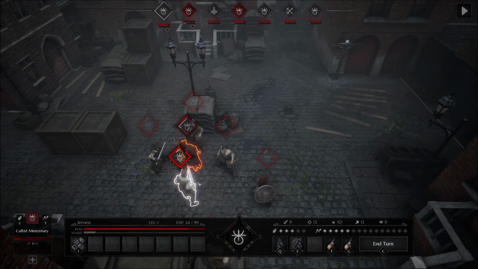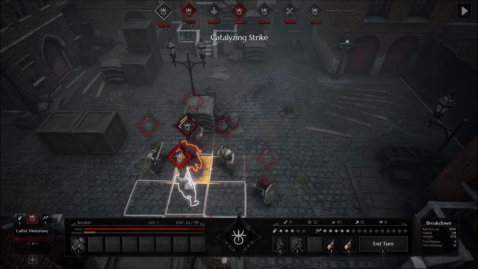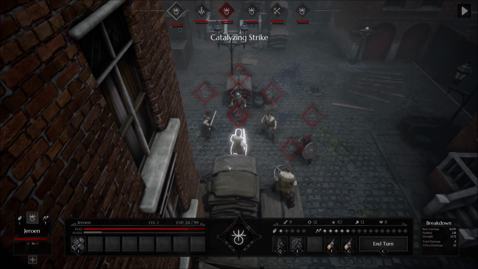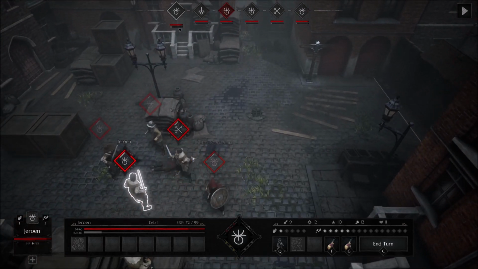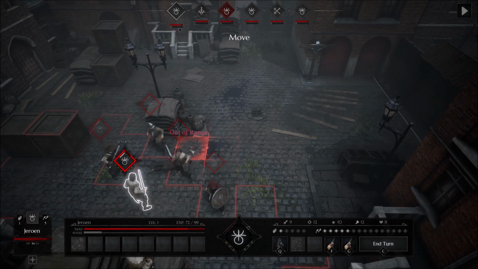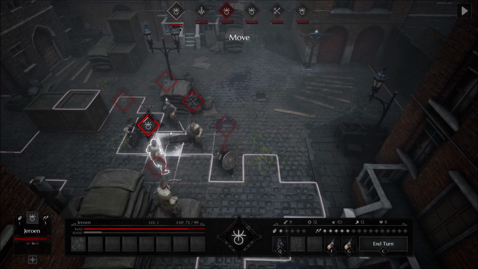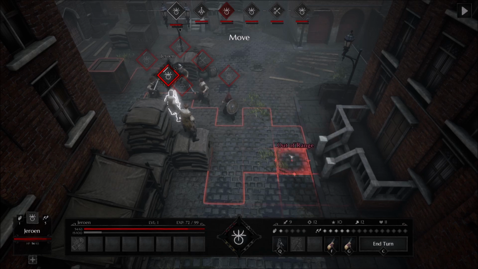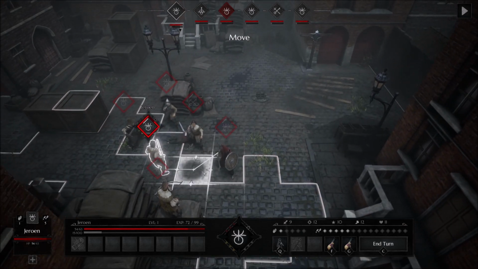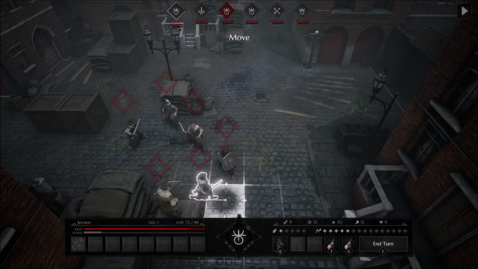It's Jeroen's turn. And he is going to, I guess, just catalyzing strike. Alright, so we just kind of surrounded and ganged up on that dude. There was not much he was going to bring to the table. I want to move there, but the tiles are occupied right now. So it does not look like you can traverse over your own units. So my boy was probably stuck. He might have been able to skirt over here earlier, but it doesn't look like he could have done much more than that. I think I'm going to get in front of him and just try to...